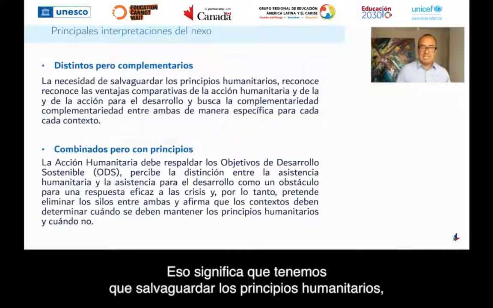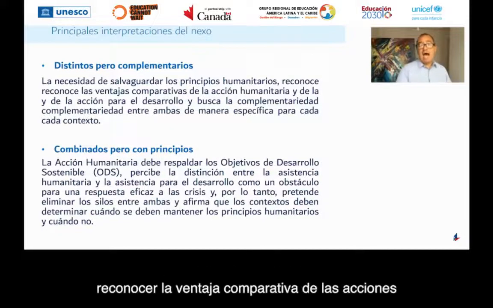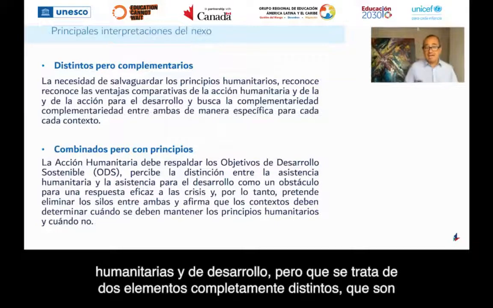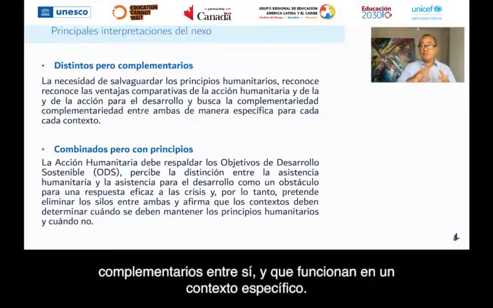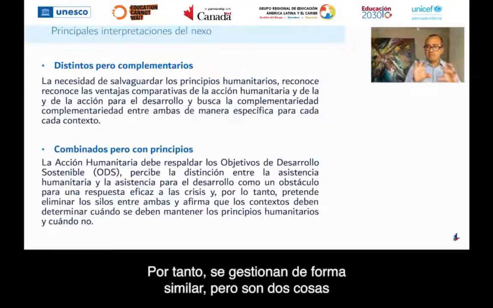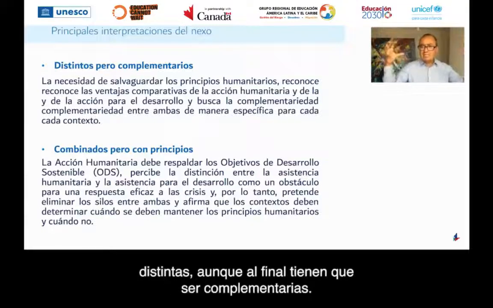That means we need to safeguard humanitarian principles, acknowledging the comparative advantage of humanitarian and development actions. They see two completely different elements that are complementary, and they look at them in a context-specific manner. So they are managed in a way that they are two distinct things,